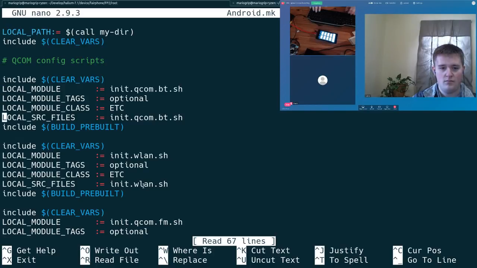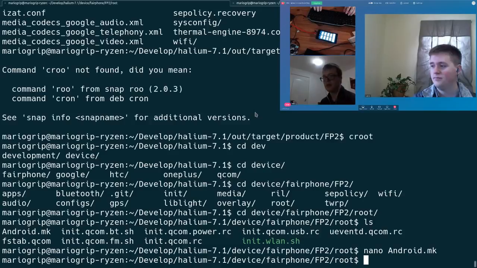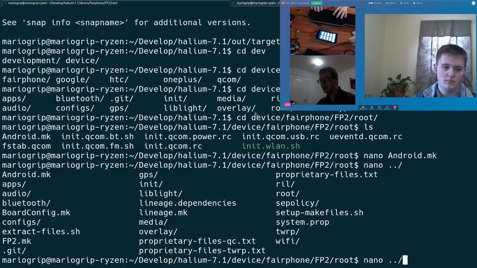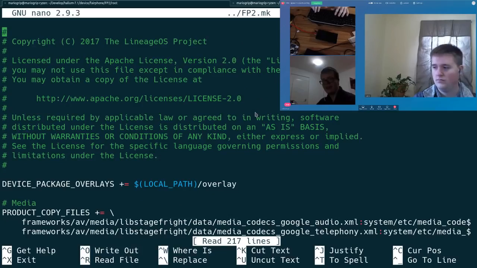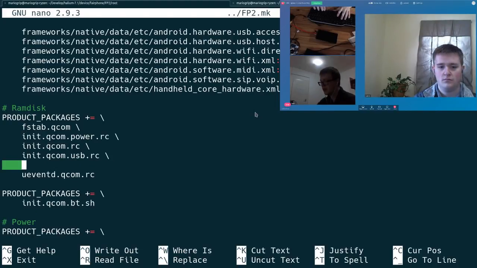Oh, it has the module optional, so we have to actually add it to require it. Is it normal recovery? Yes, it's normal TWRP recovery. So here we actually have to require it so it actually gets built into the image. If not,